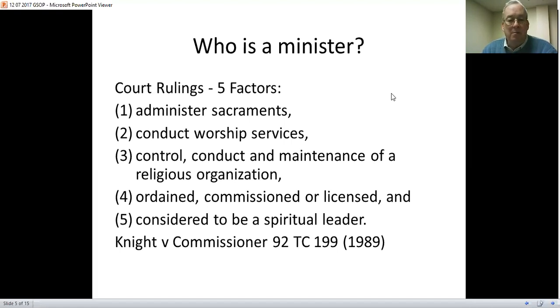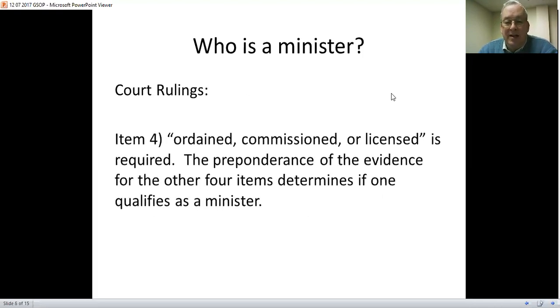You may be doing more of items 3 and 5 here, and those then may very well qualify you as a minister. And we'll talk about some more of those situations as we go through. So, as I said, this was the ruling. Item 4, ordained, commissioned, or licensed is required, but the preponderance of the evidence on the other 4 items determines